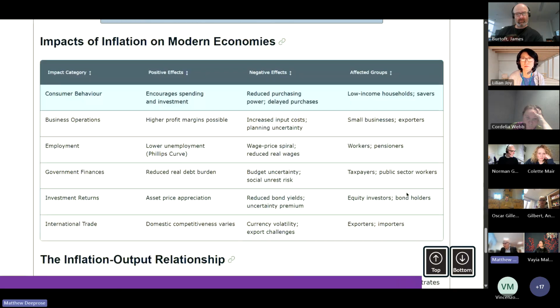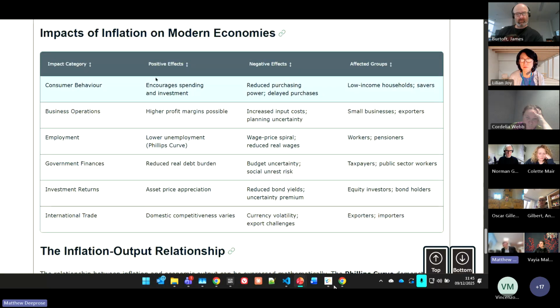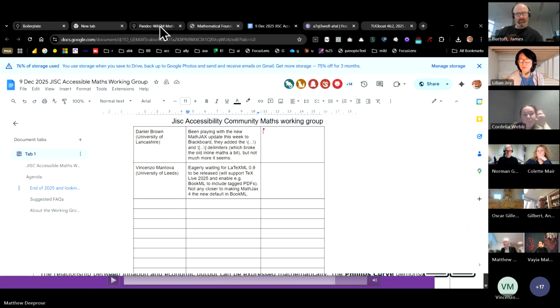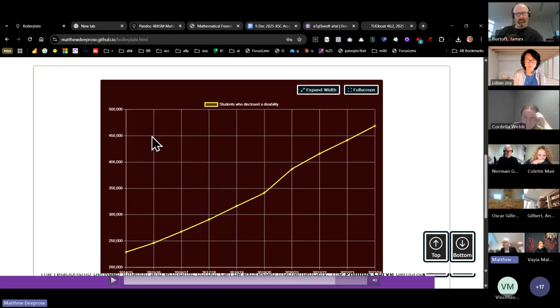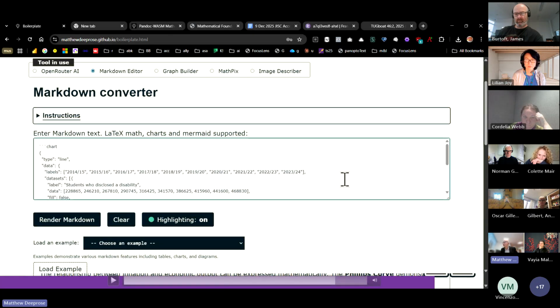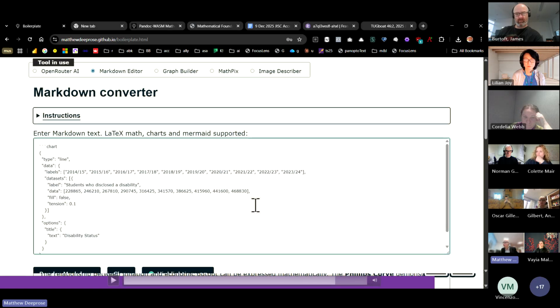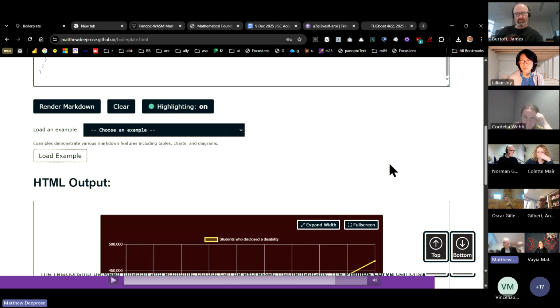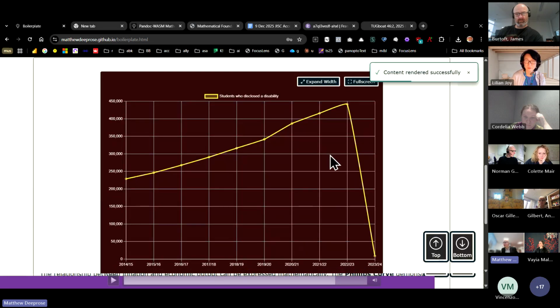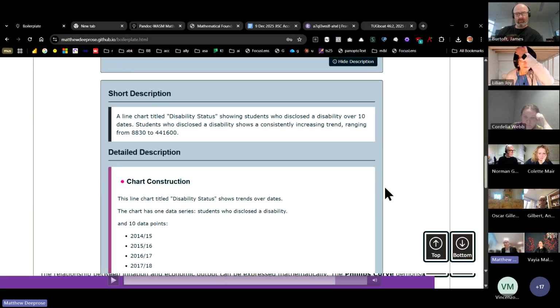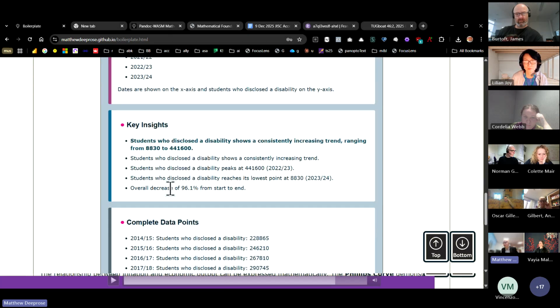And if I just pop out and go to Chrome, here's an example. What's really nice is on this page, I've got a Markdown editor just so that I can test the results of the Markdown. But if I were to just fiddle with this graph and say I'm going to make this last value much lower, and then re-render it, it now goes down to there. So that will change the description. It's probably going to say, oh, look, overall decrease, because I've just massively reduced that. So that was